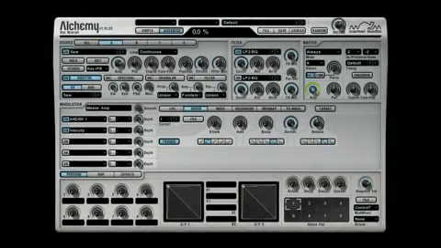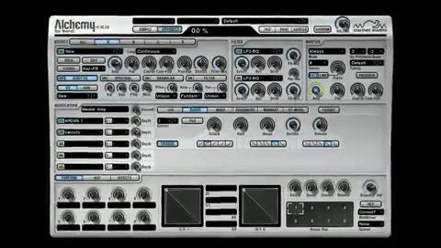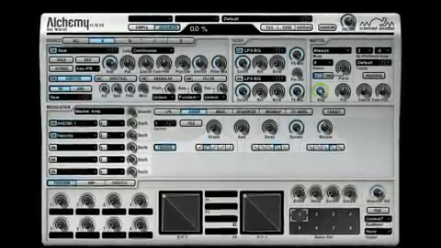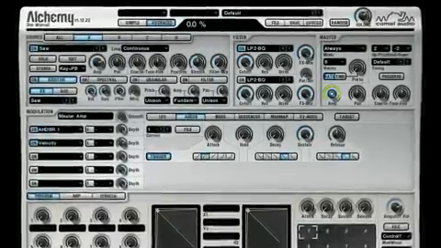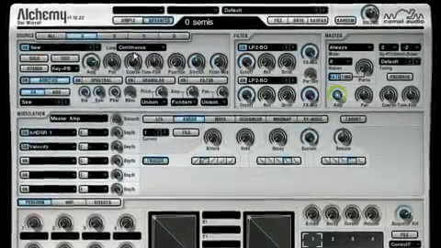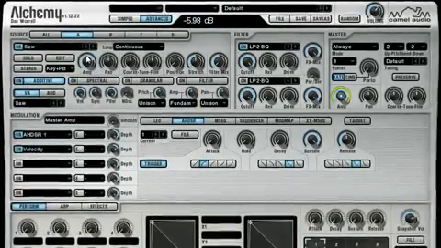Hi, and welcome to the virtual analog chapter of the Alchemy tutorial video. Subtractive synthesis is the basis of virtual analog sound design. This involves starting with a waveform rich in harmonic overtones, and then shaping those harmonics with filters to form the